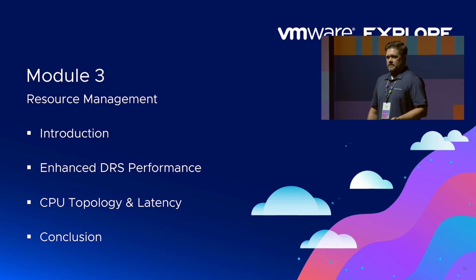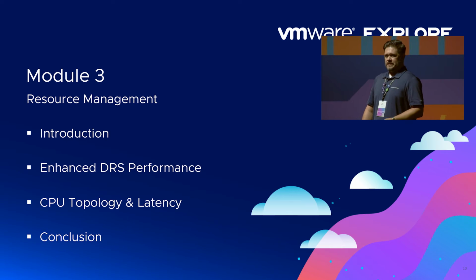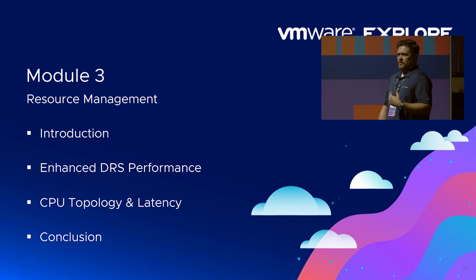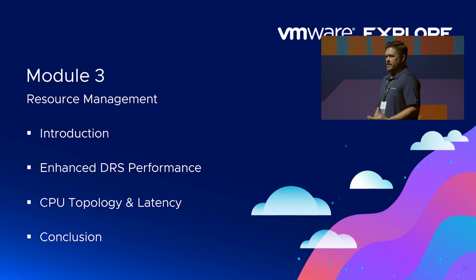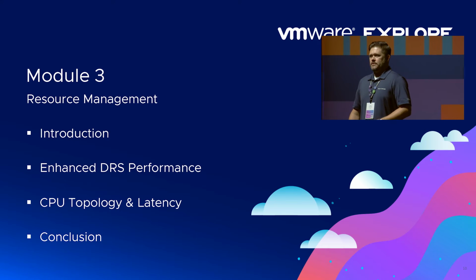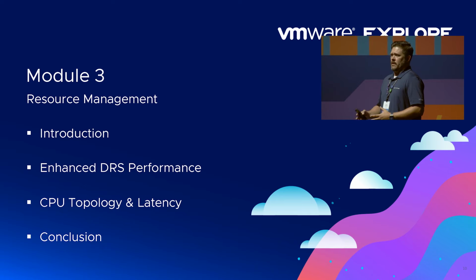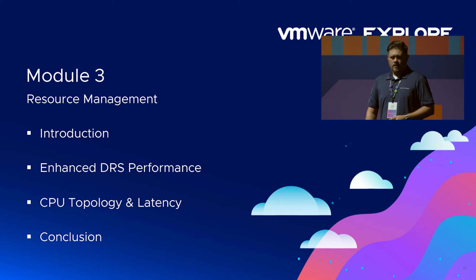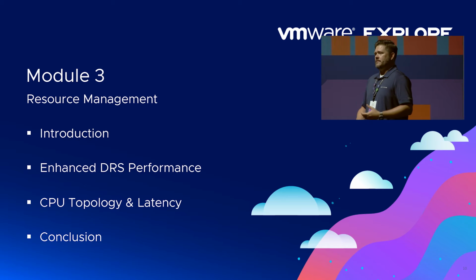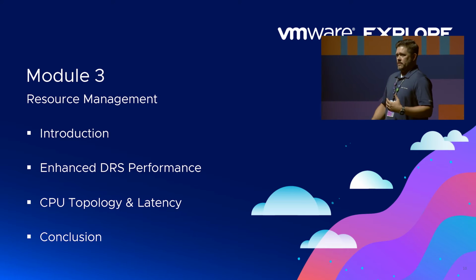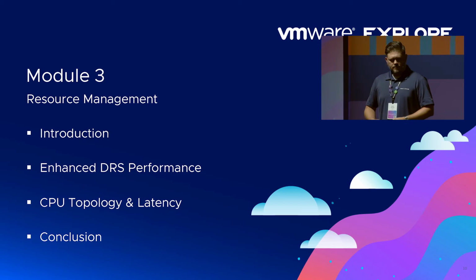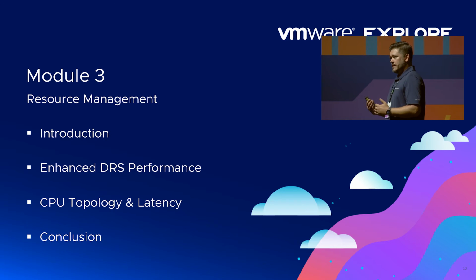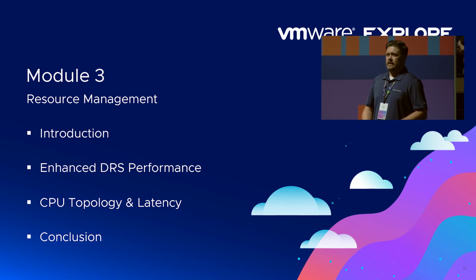Back even into the 6.x days, we were talking about predictive DRS. We were talking about DRS's ability to predict when the workload was going to hit its peak and start moving things away. We leveraged products like vRealize Operations Manager to augment and offset that predictive DRS ability. And then we slowly started baking that into vSphere so that you didn't have to have an additional product. That DRS performance keeps improving and is improved upon in 8 even more,